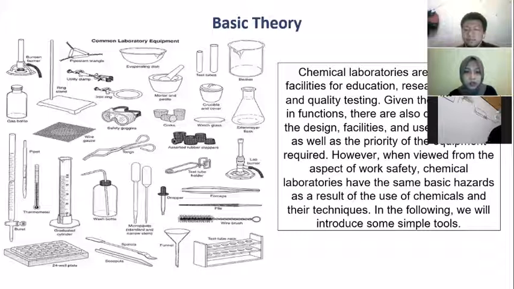Safety goggles. This tool is to protect the eyes from substances that cause irritation. Watch glass, for covering the beaker when heating the sample, and for weighing chemicals. Flask for drying the solid in a desiccator, and many more tools and functions in a chemical laboratory. Next,